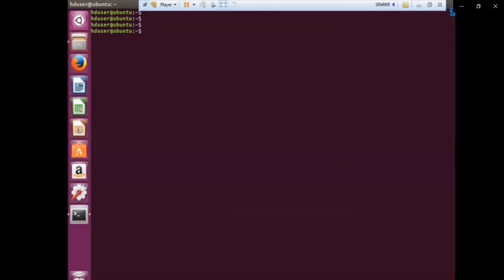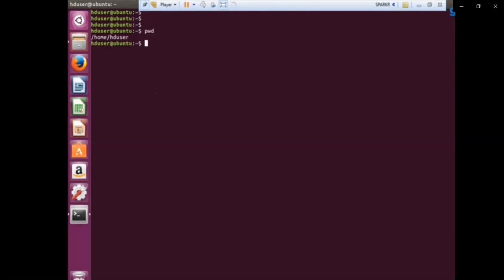These are only four to five commands in number, not many more. We have logged in to Ubuntu as hduser. Now firstly, let's find out in which directory we are working. For that the command is pwd, which stands for present working directory.